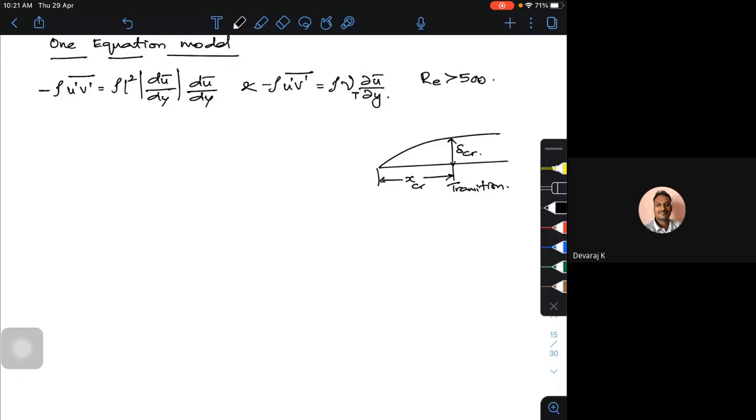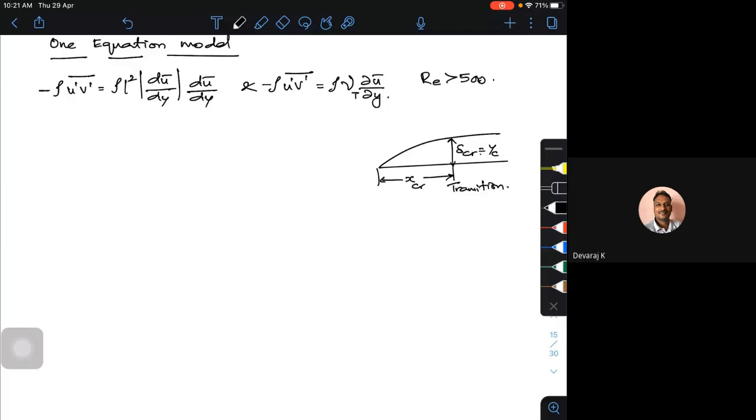Okay, I may be having delta critical. Usually this is also called Y critical or YC. So what is that actually? That is the distance which is in the critical. That is the change actually what's going to happen.